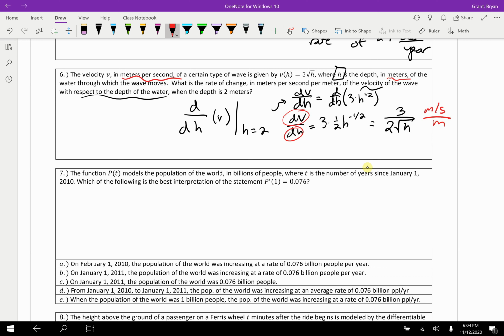So one way to read this is... Well, actually, we should probably plug in the value. I think that'll make this easier because they asked when the depth is 2 meters. So they're asking us to find dv/dh at h = 2 meters, and that's going to be 3 divided by 2 times the square root of 2. Thinking of this as 3 over 2 square root of 2, keeping the units, meters per second per meter, means that every 1 meter you move, the velocity changes by 3 over 2 square root of 2 meters per